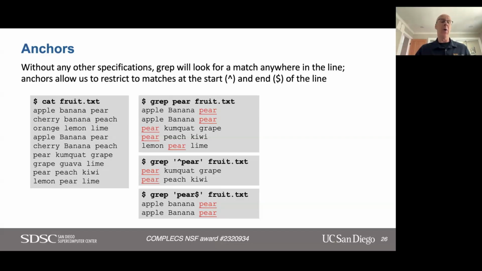So let's go back to our fruit.txt example, and we're going to search for the string pair again. So we do grep pair fruit.txt. We find two lines with pair at the end, 2 lines with pair at the beginning, and 1 with pair